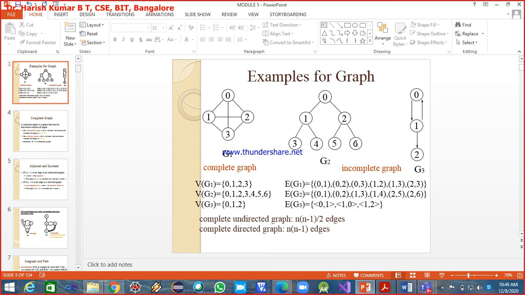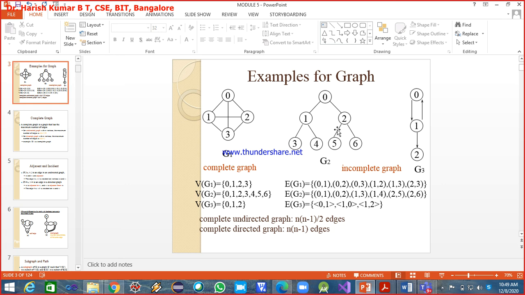Is there a path from 1 to 6? Yes, there exists a path. So take 3 and 4, they are distinct, and is there a path from 3 to 4? Yes. 4 to 2, is there a path? Yes. It is an undirected graph, but it is a connected graph,